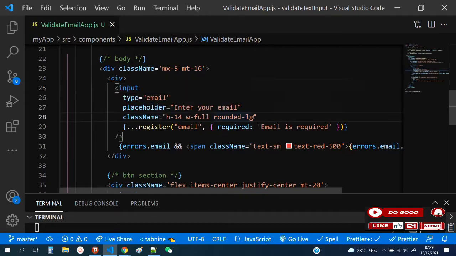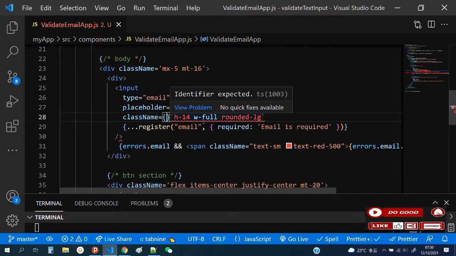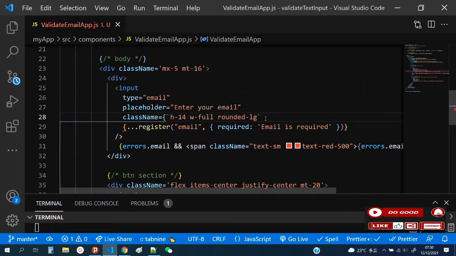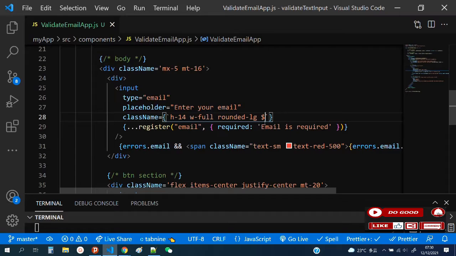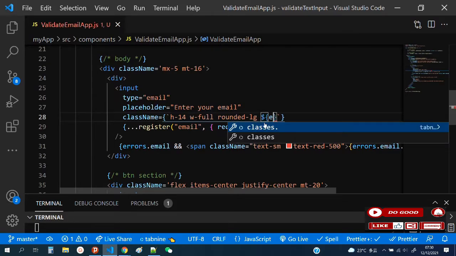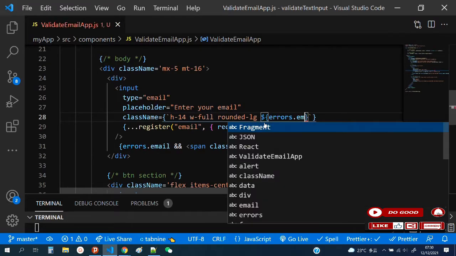And for dynamic, we call the dynamic quote. Okay, we take the normal quote off and call the dynamic quote, which is under the escape button. So we take it off and put the dynamic quote there. So this is the code we're going to use. We put all of them inside a bracket, like this. Then we call our dollar sign and bracket, dollar sign and bracket. What? errors.email